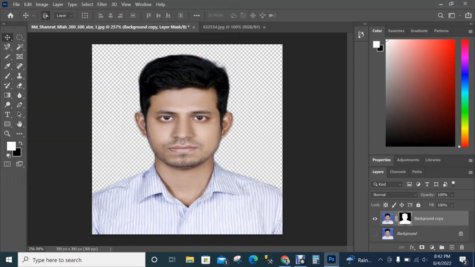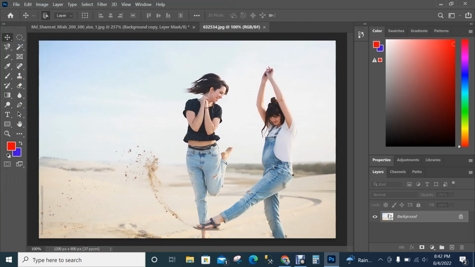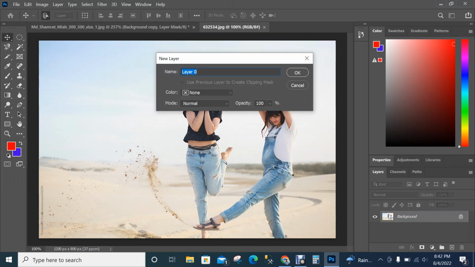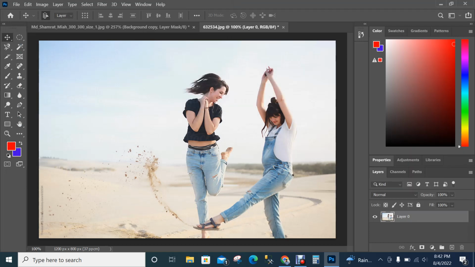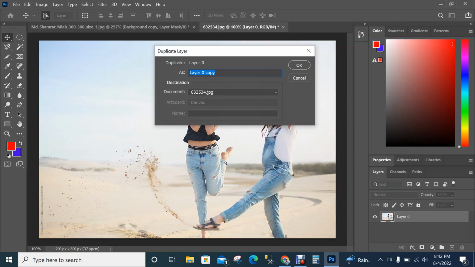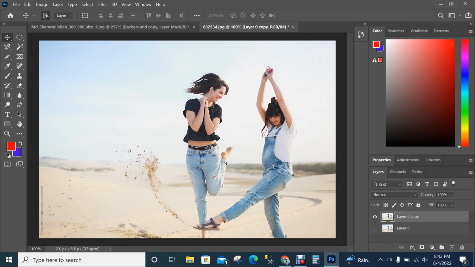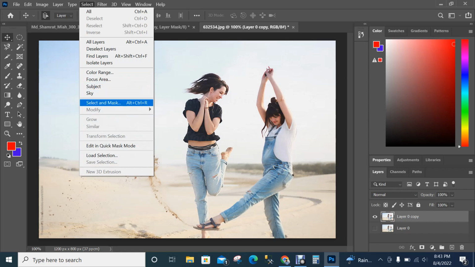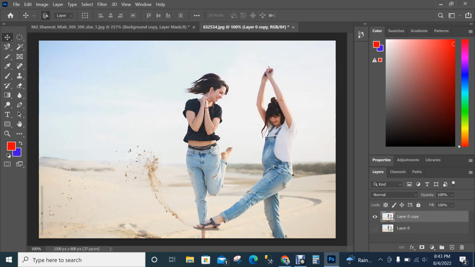Okay, fantastic. I got my image. It needs to be made into a layer from the background. We cannot work on our locked original layer. I am going to duplicate this layer. Okay, so for this work, again, Control Alt R. We can also use this shortcut, Control Alt R,